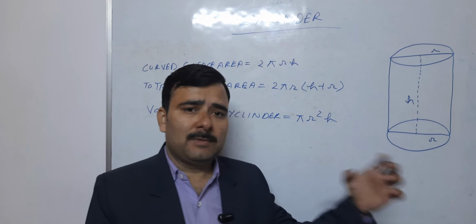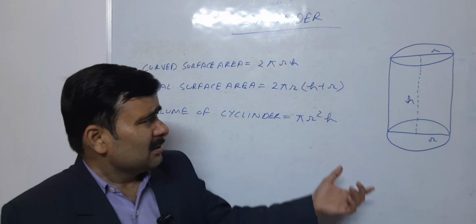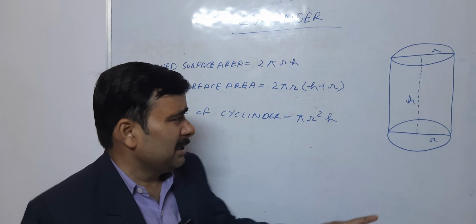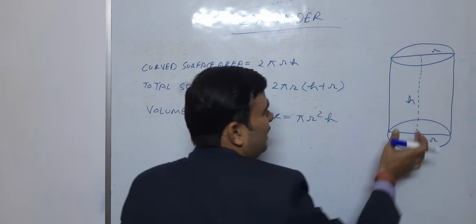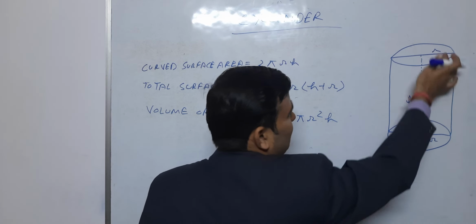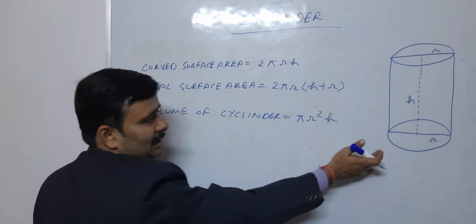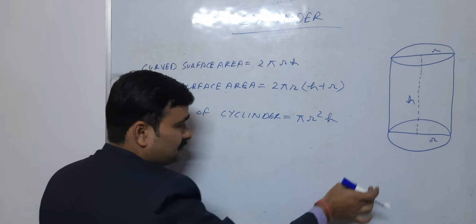Likewise, a water pipe or the cylinder used in a kitchen looks somewhat like this type, in which we have a rectangular or square face, and the upper and lower sides have a circular face. That may look like that. Here you can see and assume the concept of cylinder.